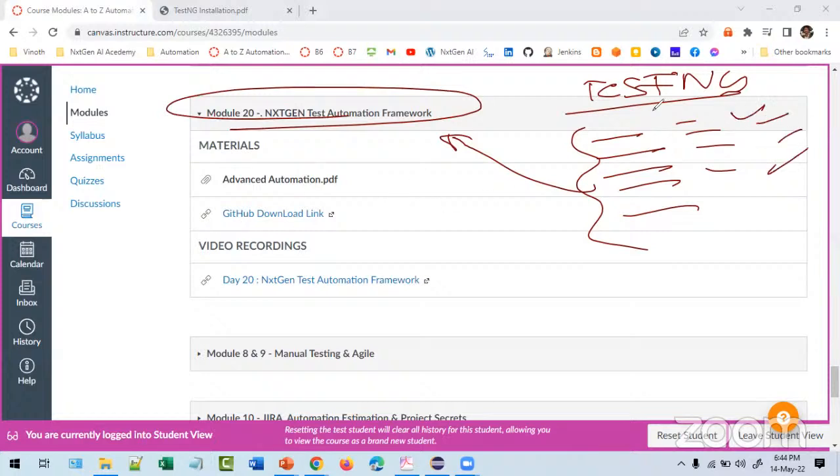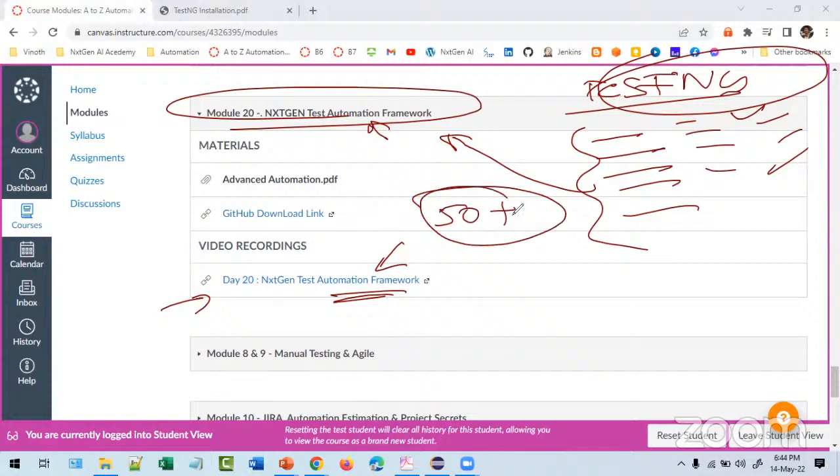Once we complete the TestNG module, you can download this framework and watch this video once, because as of now I'm not focusing on this, I will be focusing on other things. In the existing framework, you can start running the scripts. Already 50-plus automation test cases are available in that framework. After this, you can go and execute it.